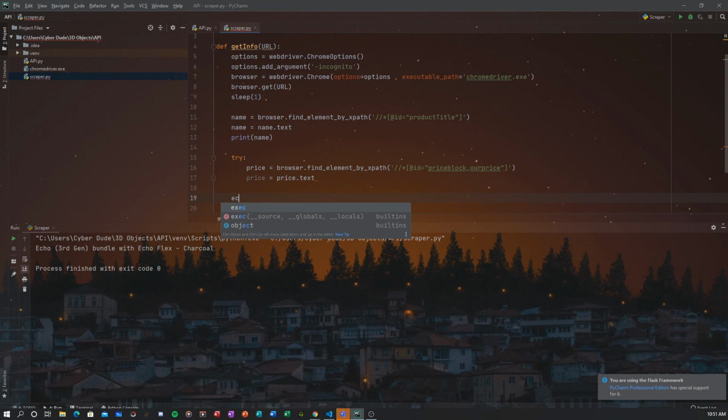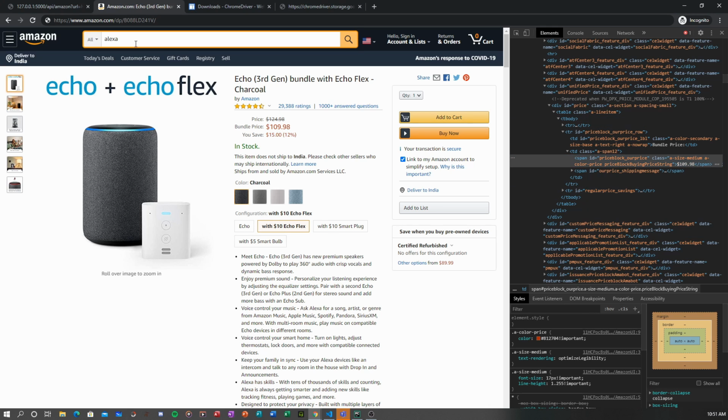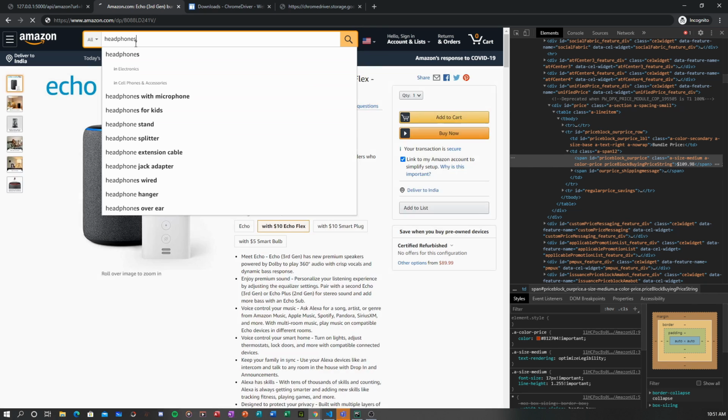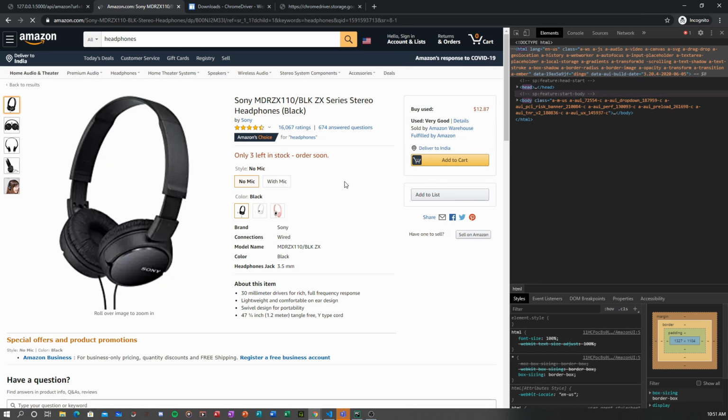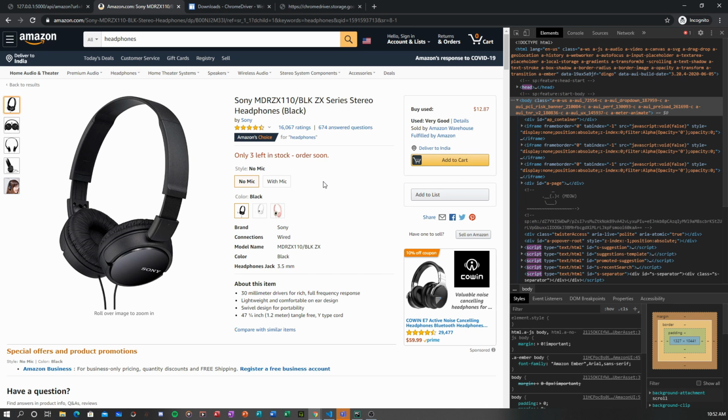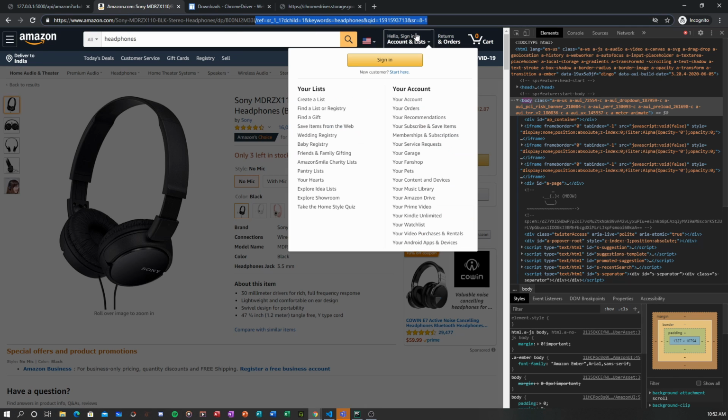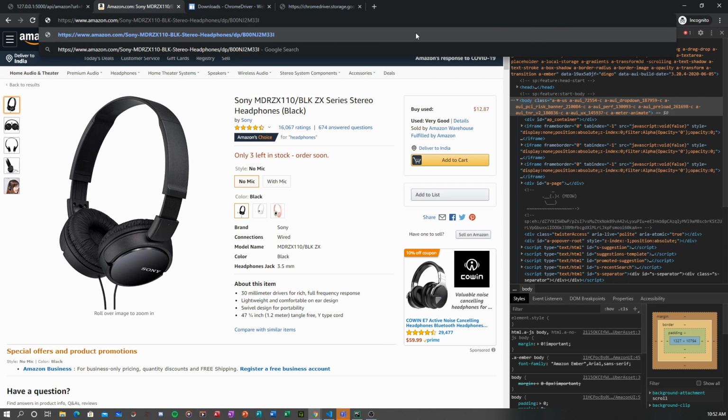But let's say the price is not available. Let me see if I can find you something. Let's see, headphones. See, this one does not provide any price here. If you look here, you will actually not find any of the price.